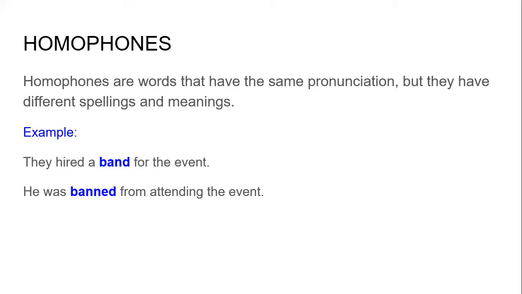And the meanings are entirely different. In the first case, they hired a band for the event. A band is a group of people who play musical instruments and sing. And in the second case, he was banned from attending the event, which means he was not allowed to attend the event. So the meanings are different in both cases. So remember that when you have words like this that have the same pronunciation but different spellings and meanings, they are called homophones. And now coming to the third one,